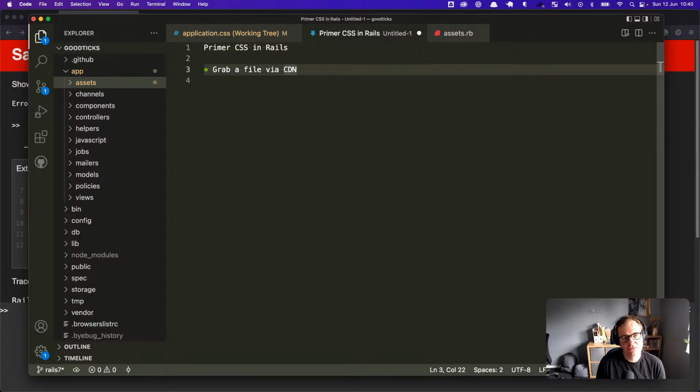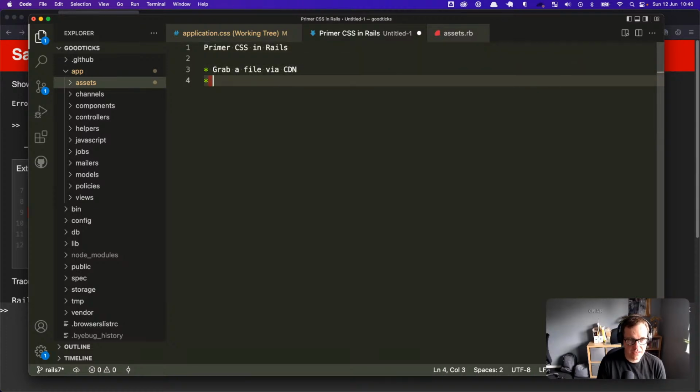So we grabbed a file via CDN. That worked. It was just a line in the head, and it was just a normal CSS link. So if the CDN goes down or if the file's not available, your CSS won't work. Third-party dependency on that. Not in your server, not in your asset pipeline, nothing. Just a total third-party dependency. Fine. We then had